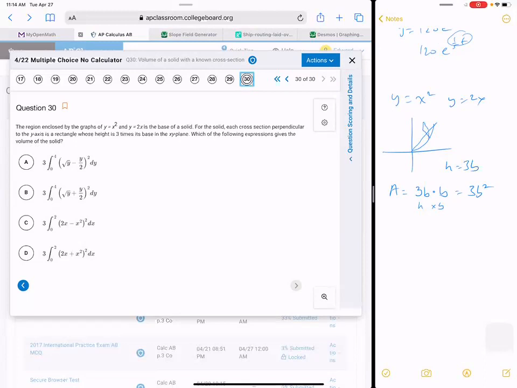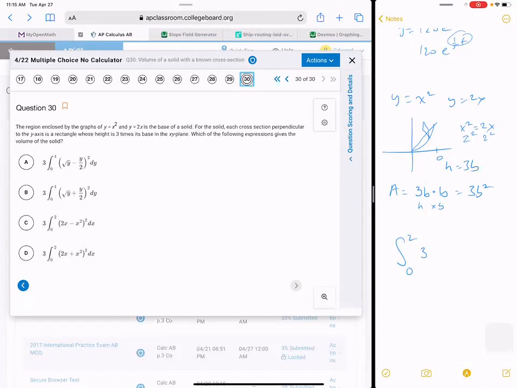Which of the following expressions gives the volume of the solid? So we're adding these cross sections up. So integral from, let's see, we want x squared equal to 2x here. The hint is that if you look at the test questions, it's either 0 to 2 or 0 to 4. If I plug in 2, we are there already. So now they're equal. So from 0 to 2,